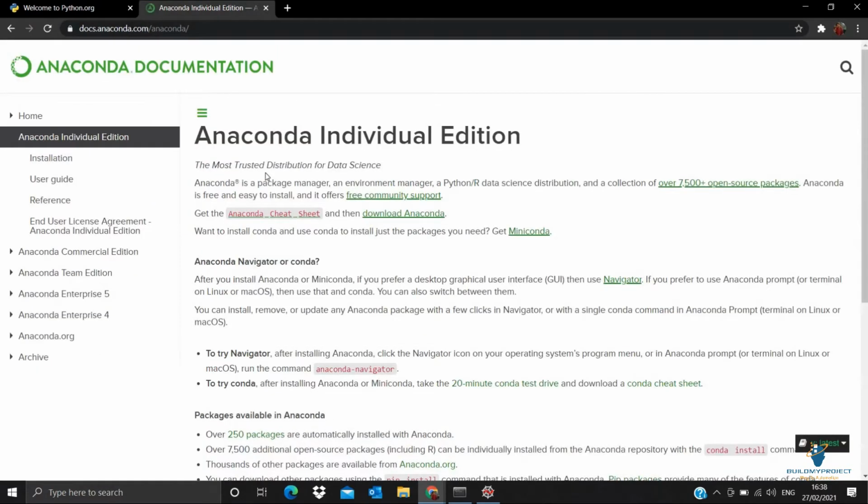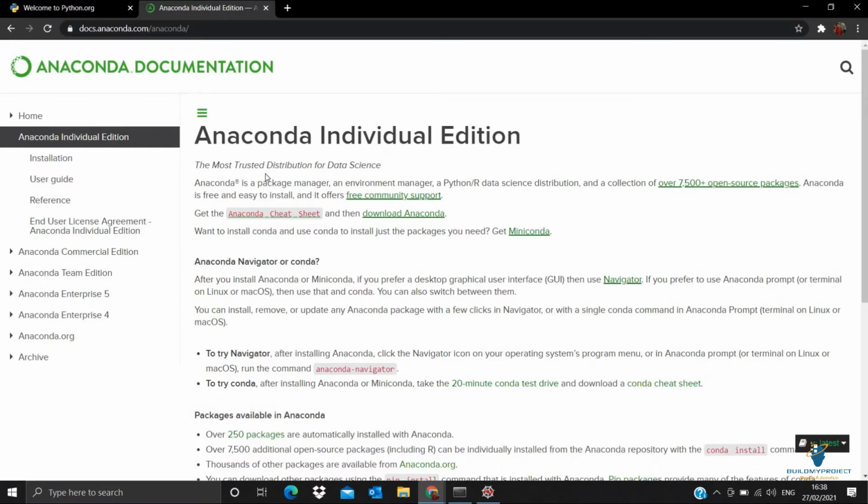Why Anaconda? Because Anaconda is a cross platform which consists of multiple platforms such as Spyder, Jupyter Notebook, R language, then we have PowerShell, and it also gives this command prompt, which is for Anaconda, and you can install a library with the help of that command prompt.